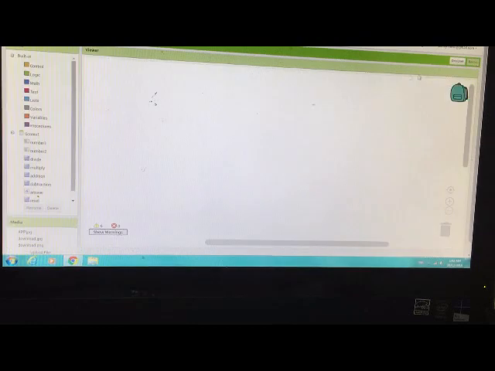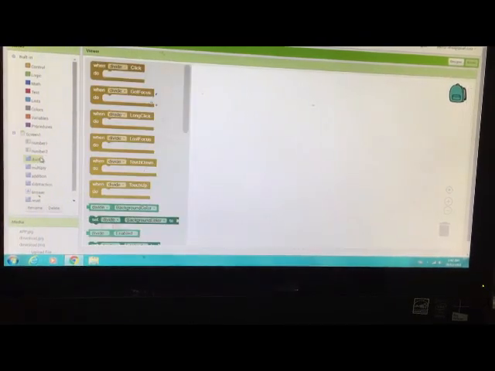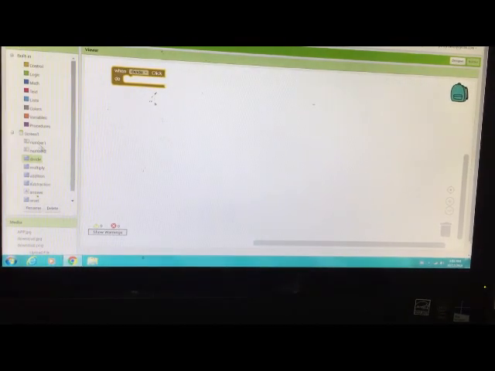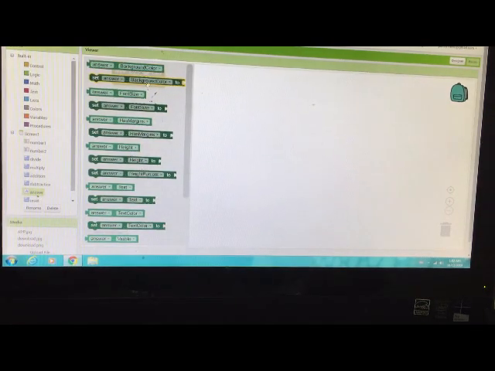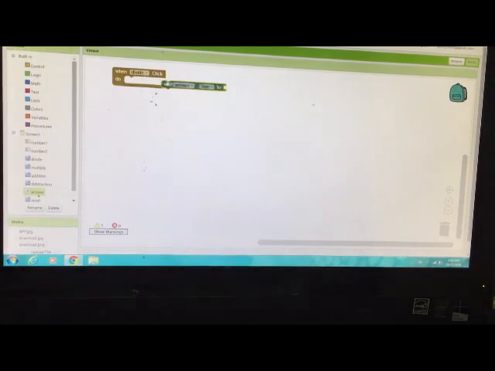Now let's go on blocks and click on divide, the first one. When divide button clicks, do set answer text to,